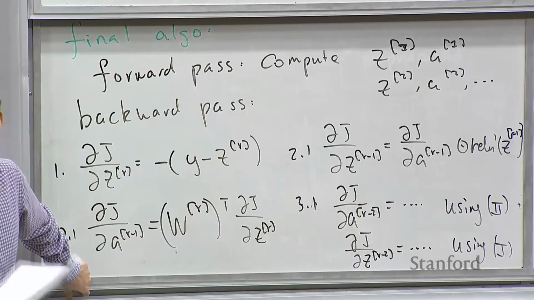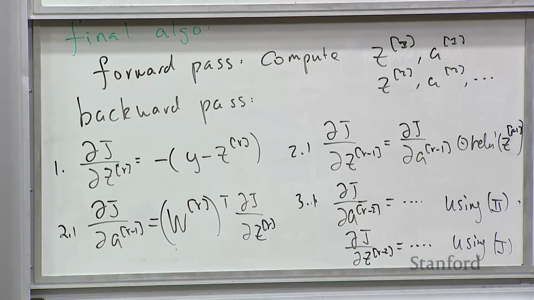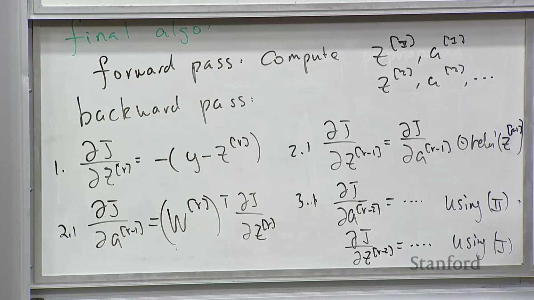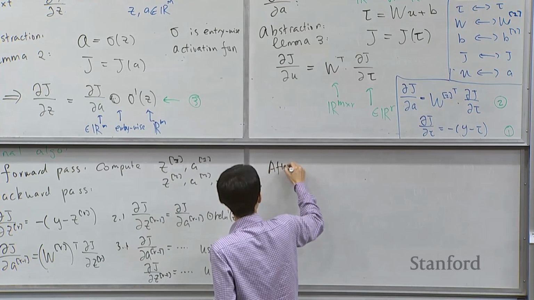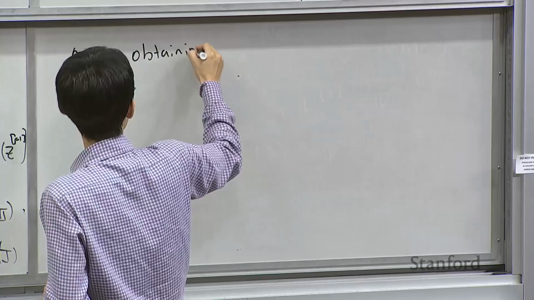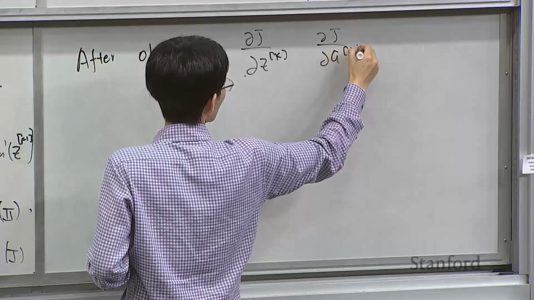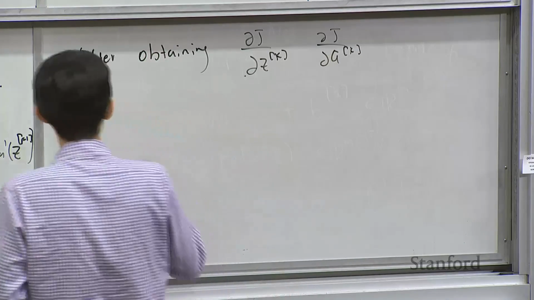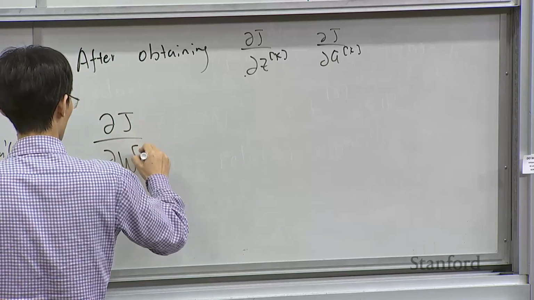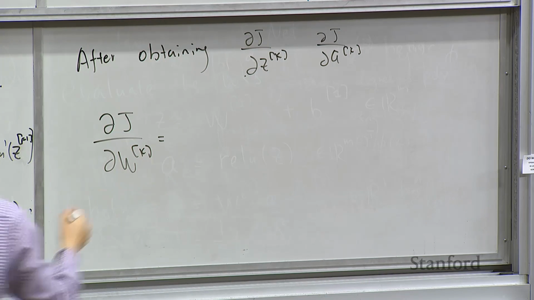So you get everything about A and Z. And after you get everything about A and Z, it's pretty easy to get the gradient with respect to W, because you can just say, using this, maybe let's call this 3, you can say this is equal to